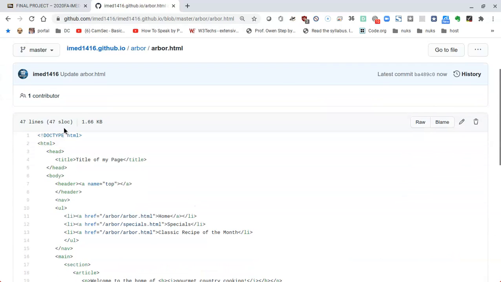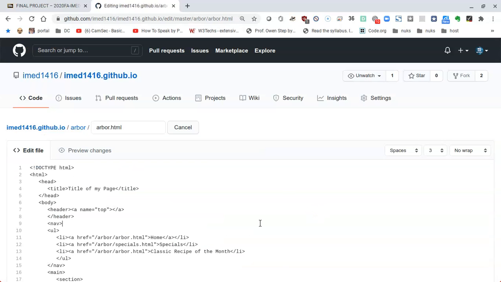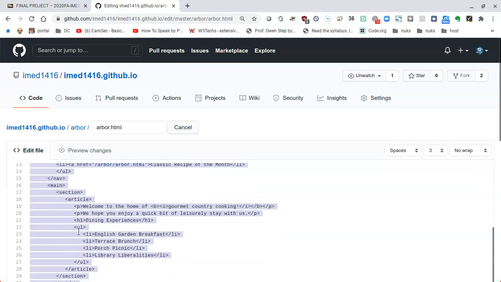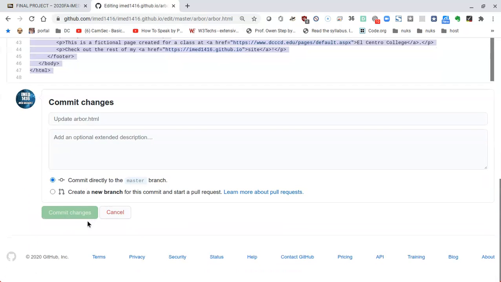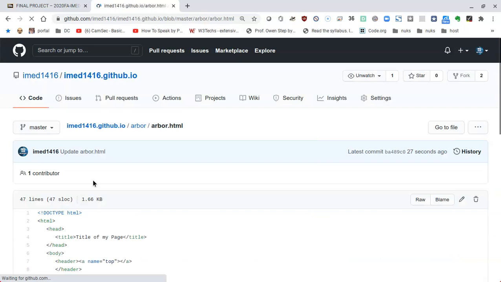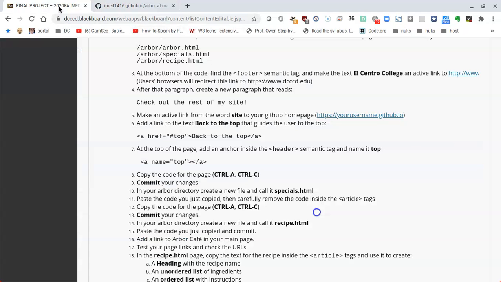And I'm going to edit again. Just click anywhere, and I know that I already did this, but I'm going to do it one more time. I'm going to press Control A as in apple, Control C as in copy, and then I don't have changes to commit. If you have this green button, you can press it. I can delete that space just to make it green. I'll commit the changes. I'll click on Arbor to go back to the directory, and I need to create 2